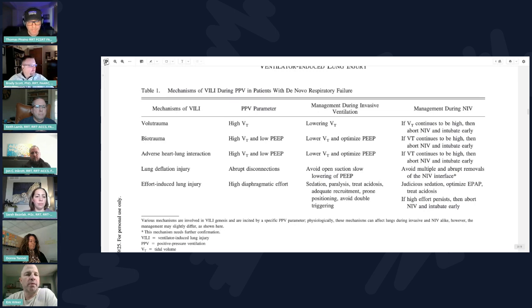And I think that's the more complicated part, that some of these tests require sending blood away. And by the time you get results back, it may... and again, I've heard people talk about mediators and how they can be a little bit misleading in some cases. There are definitely some that are very much linked to ventilator-induced lung injury, but they can also be present in other types of injury, so there are some confounders that need to be considered. But there are nice studies looking at phenotypes of patients related to their mediators, and there's definitely a distinction. And for patients with hyperinflammatory versus hypoinflammatory phenotypes, their response to PEEP is also very different.